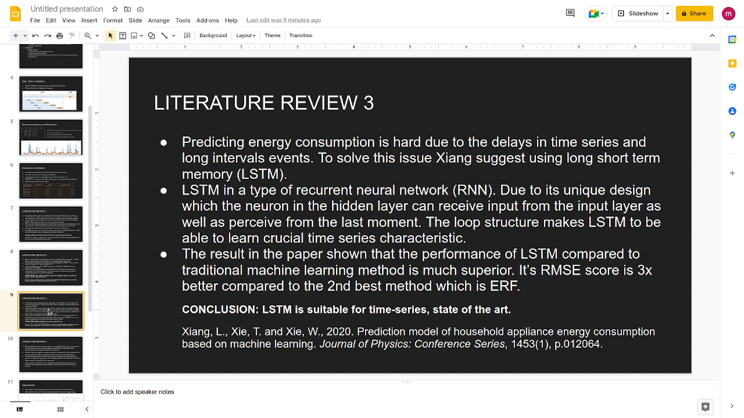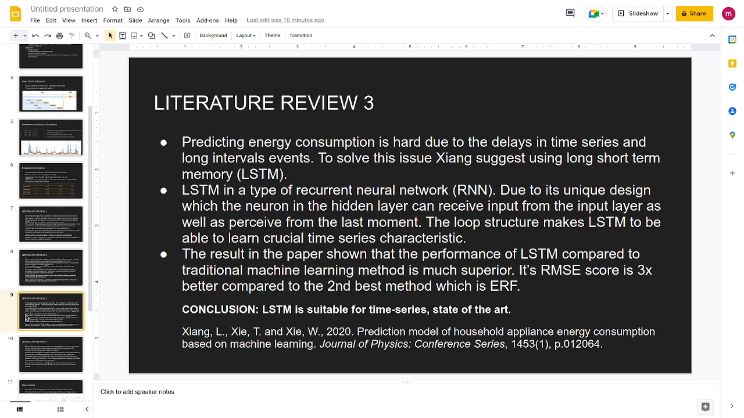And regarding literature review 3, predicting energy consumption is hard due to the delays in time series and long-term interval events. To solve these issues, Young suggests using long short-term memory (LSTM). Although we also use it,